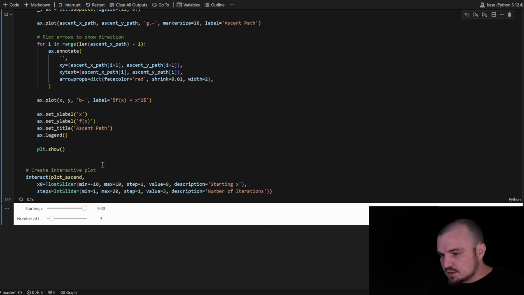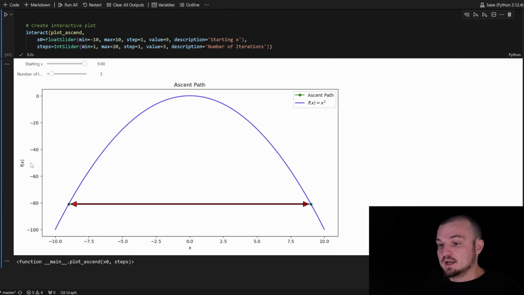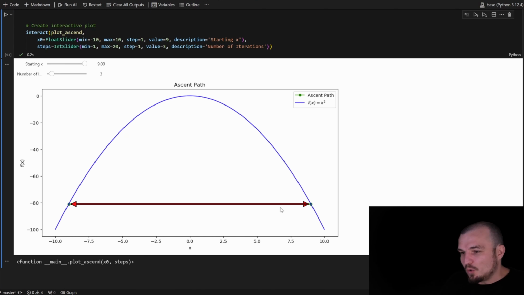So let's run this code and you can see the result. Something is definitely wrong here, because we have this horizontal line. It looks like our ascent path is just bouncing around. It looks like this step of the steepest ascent is too big.